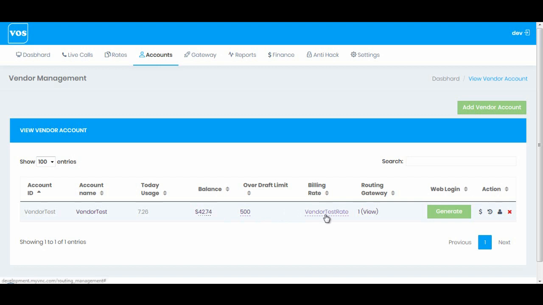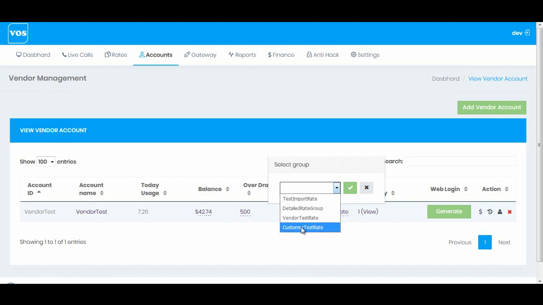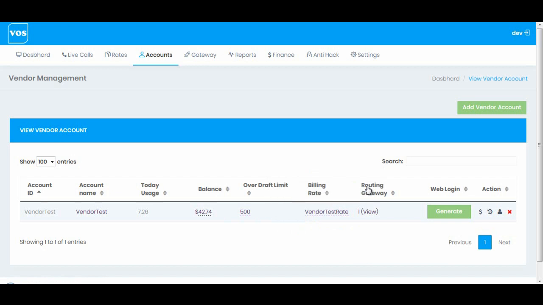Next we have billing rate. If you want to change the billing rate, then you can simply click here and select another group. I'm just going to close it. Then we have routing gateway. I'll go there,